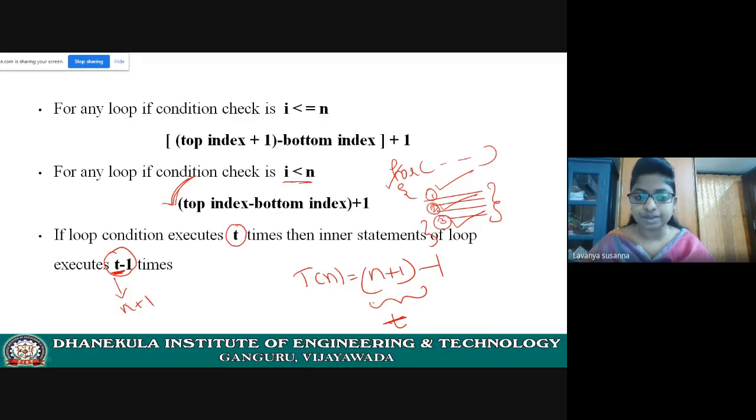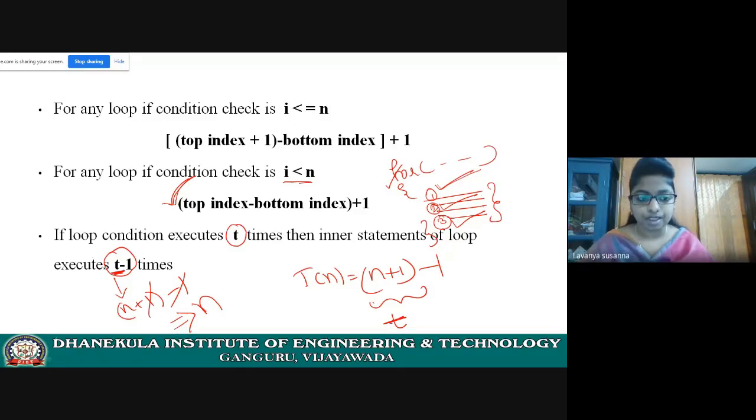T minus 1 means n plus 1 minus 1. So, the number of times the statement inside for loop will execute is n times. The first statement in for loop will execute n times. The second statement in the for loop will execute n times. Third statement in for loop will execute n number of times.